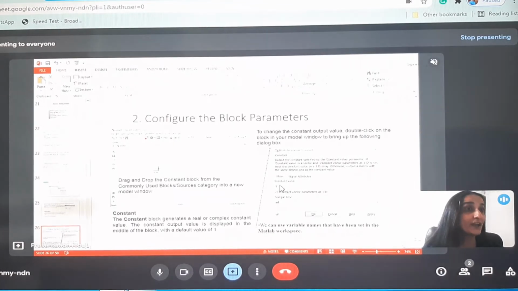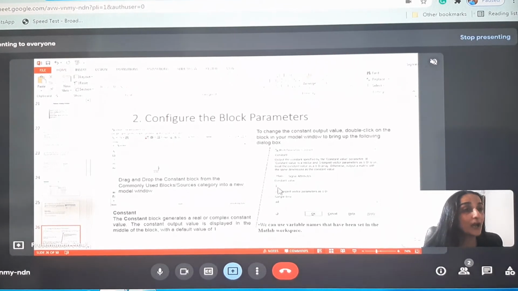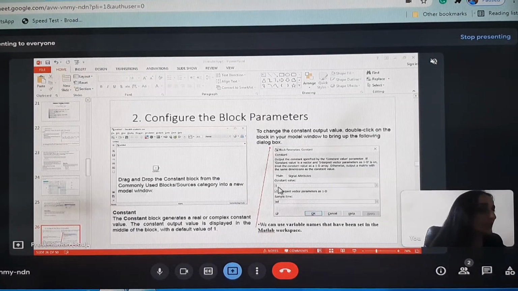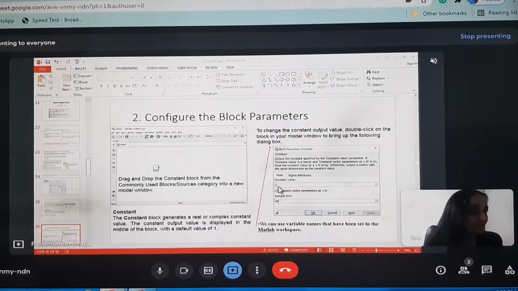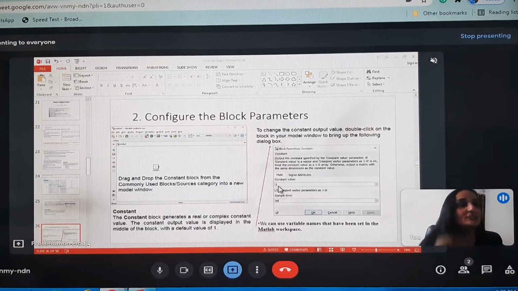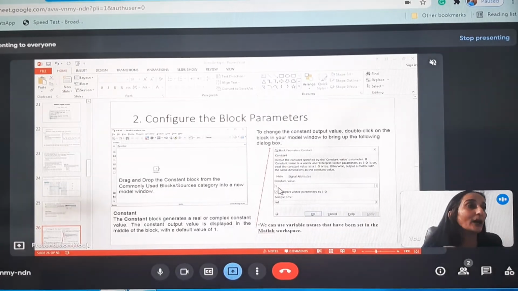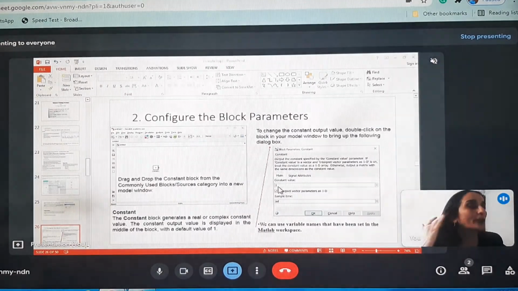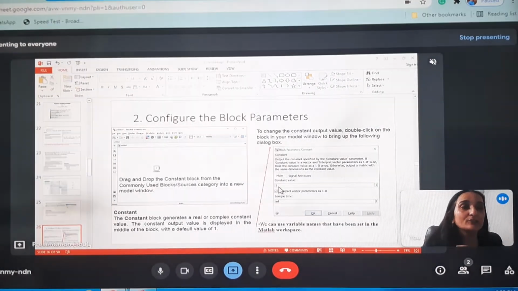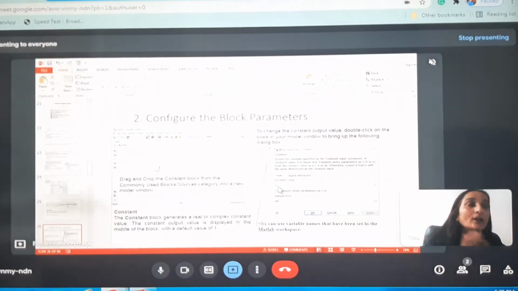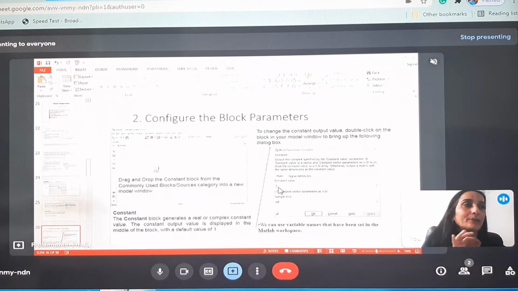Now here we can also use variable names. Say we can type A, so that these variables can be defined in the MATLAB workspace. They can be defined as a scalar or vector using MATLAB syntax.